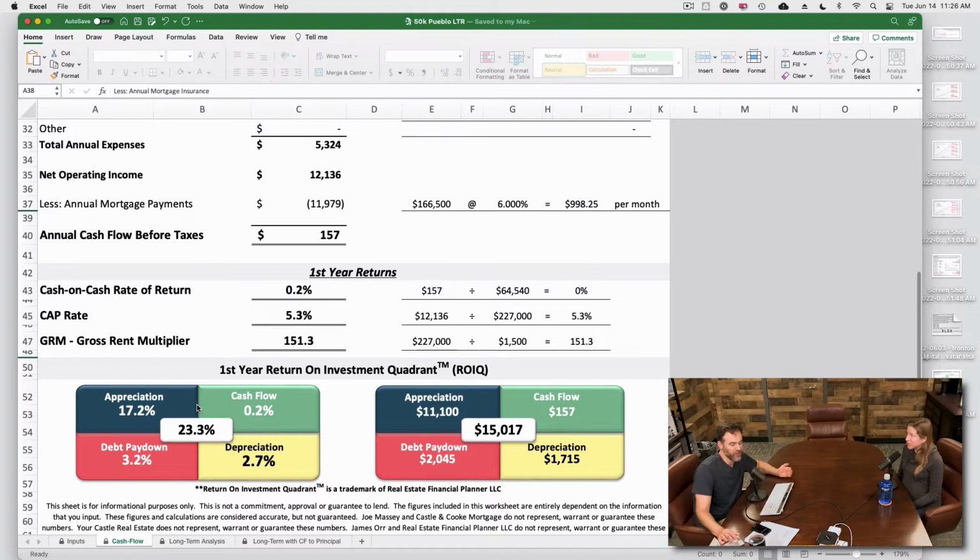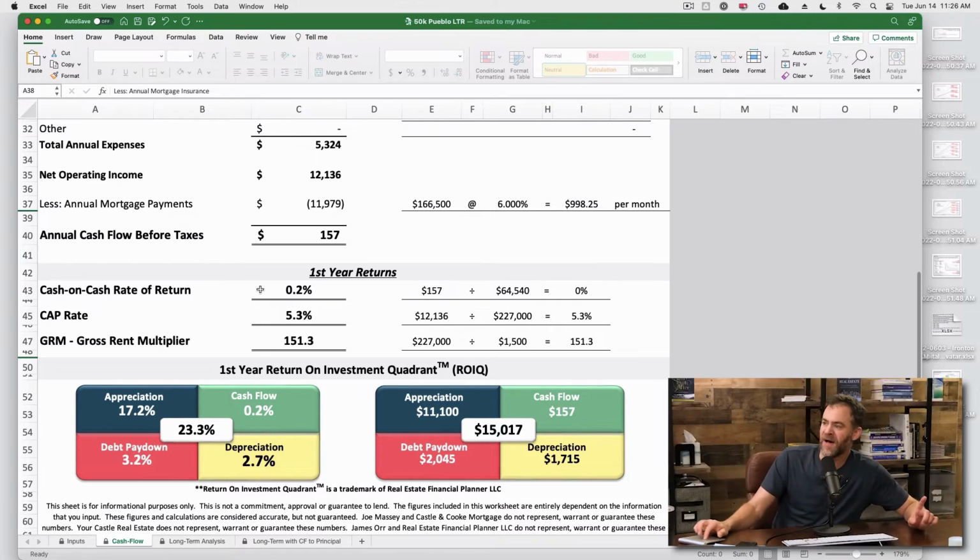Yeah. And so 25% down, about a couple $100 a year positive cash flow, but you said break even at a 6% today's interest rate. Yep. So would you buy it again? Yep. At today's interest rate? I would. All right. Now, here's the interesting thing. We have a 5.3% cap rate, and we're showing a 23.3% return on Jenny's initial investment at today's rate and